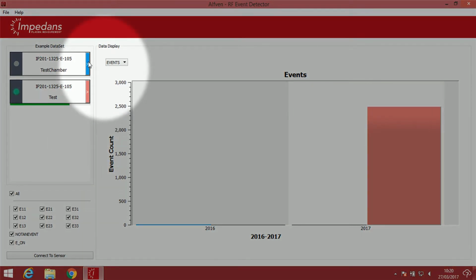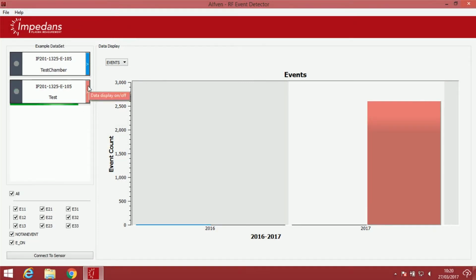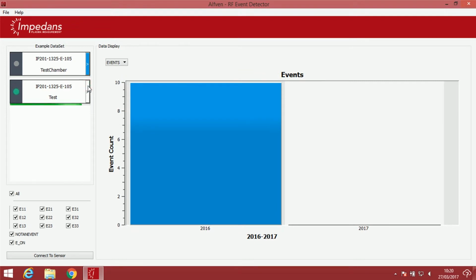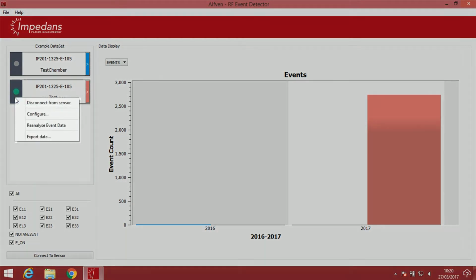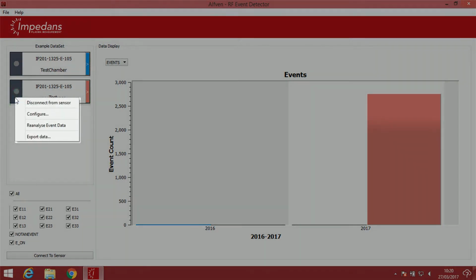Hovering the mouse pointer over the arrow on the right-hand side of the label will open an information panel indicating that data from the session can be removed from view by left-clicking. This may be useful if you want to declutter the screen to view one dataset in more detail. Right-clicking on a session label will open a menu with a list of functions for advanced data analysis.